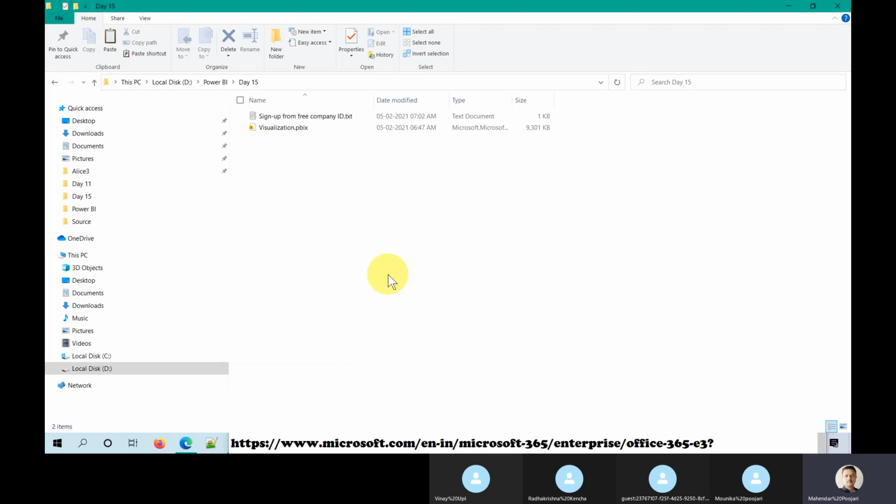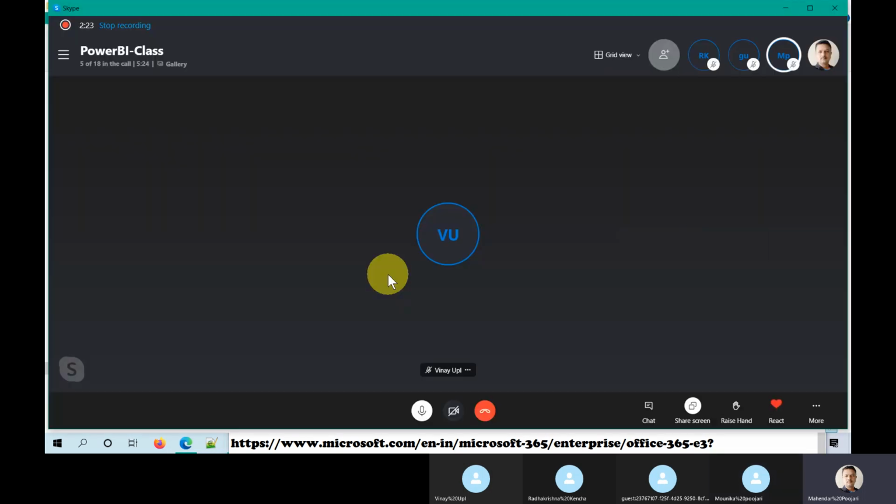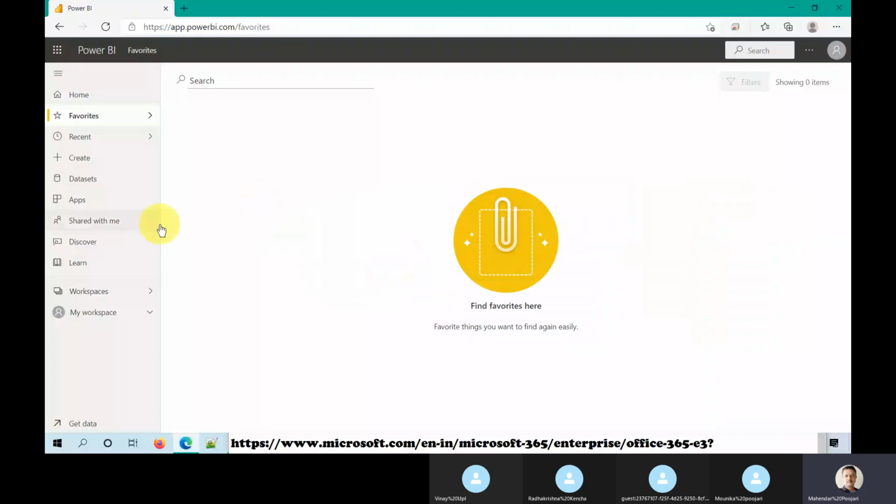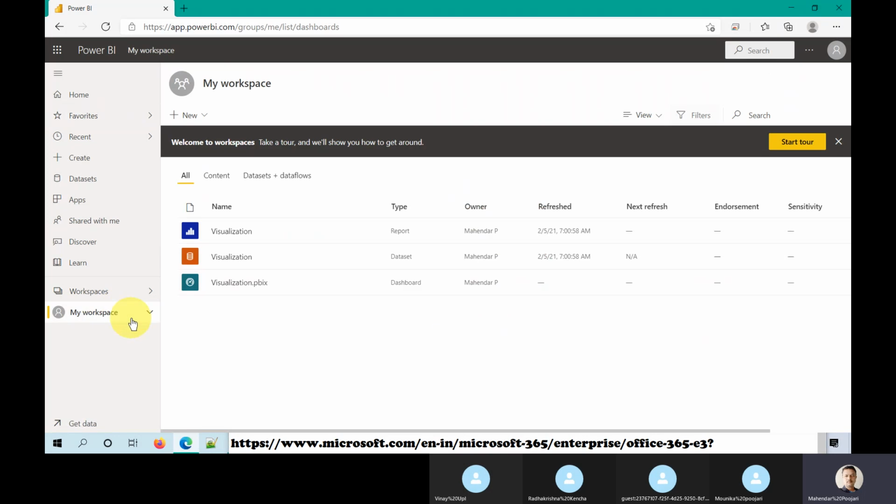Now, what is the difference? Let me go to my workspace. I see these three things. If you expand this, the most important things are dashboards and reports.